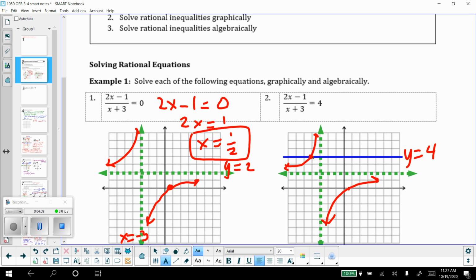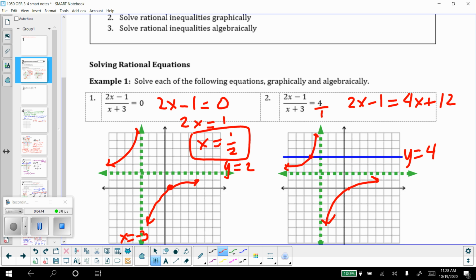Let's do that by just cross multiplying. I'm going to put this side of our problem over 1 so I can cross multiply the two parts of my equation. So 1 times 2x - 1 is just 2x - 1, and then 4 times x + 3 would be 4x + 12. Notice how I distributed the 4 through the entire thing. Now I just have a linear equation to solve. Let's get the x's on one side and the numbers on the other side. If I subtract my 2x here and subtract 12,